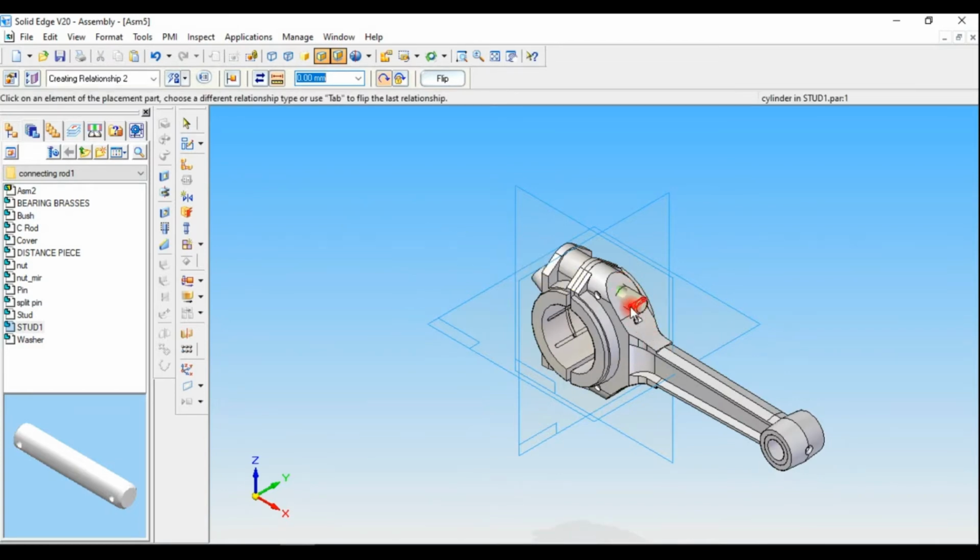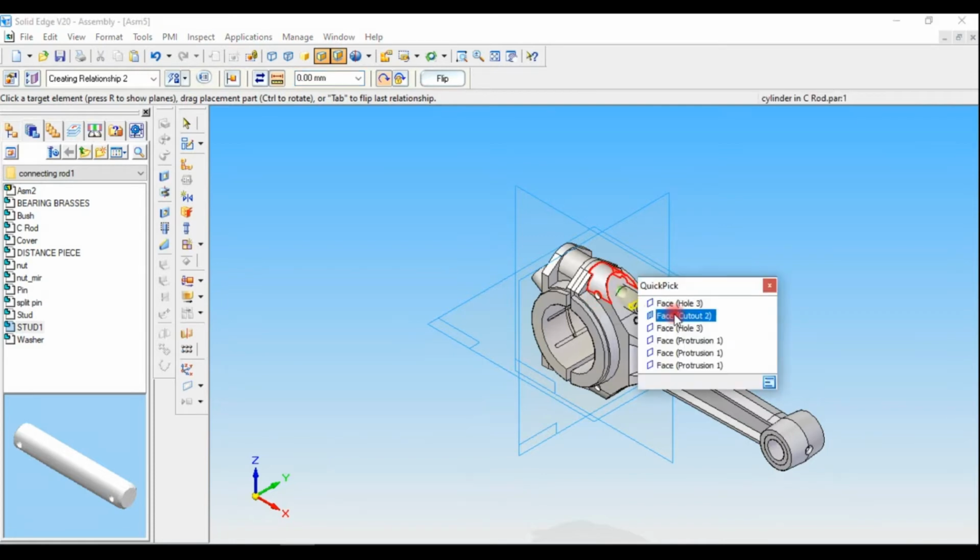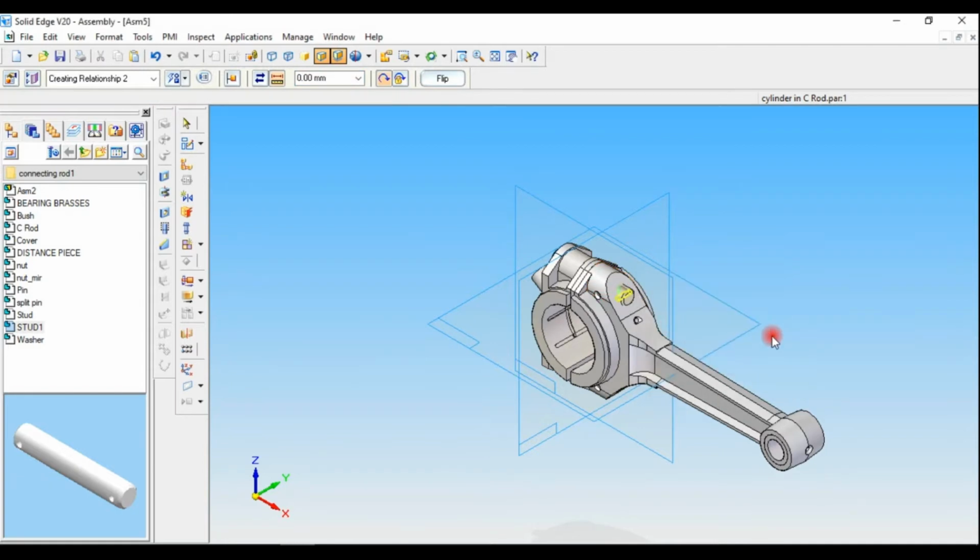Then this axis should align with this edge. That one is level.